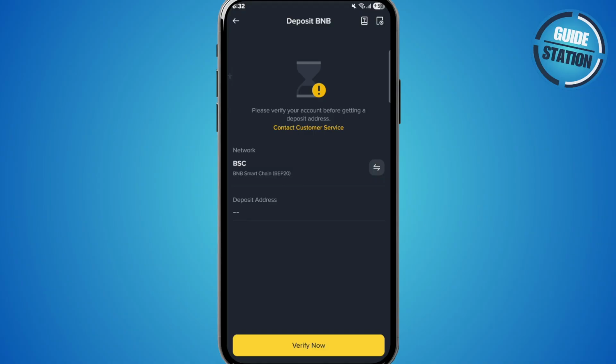And in the send section, just paste the address you just copied from Binance. So go ahead and enter the amount of the BNB you want to withdraw. Just tap on next and follow the on-screen prompts to confirm the transaction. And basically that's it. Your BNB will be successfully sent from your Trust Wallet to your Binance account through the